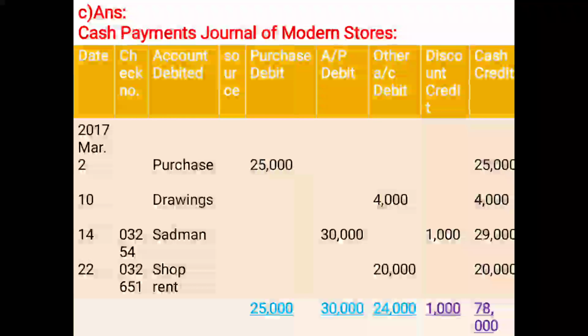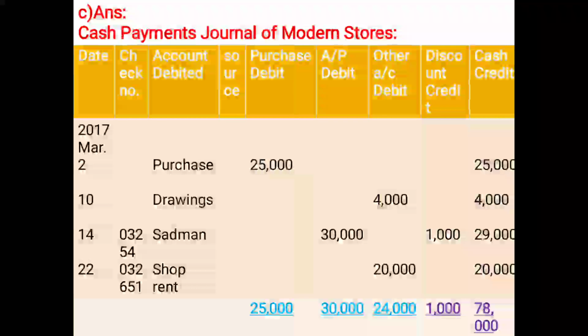The last transaction is March 22, shop rent paid by check taka 20,000. Shop rent is one kind of expense. In this transaction 2 accounts are involved: shop rent expense and cash. It is written in the STEM. Check number 032651, and in the account debited column shop rent. Shop rent column is not available, so it is treated as others account debit for taka 20,000,